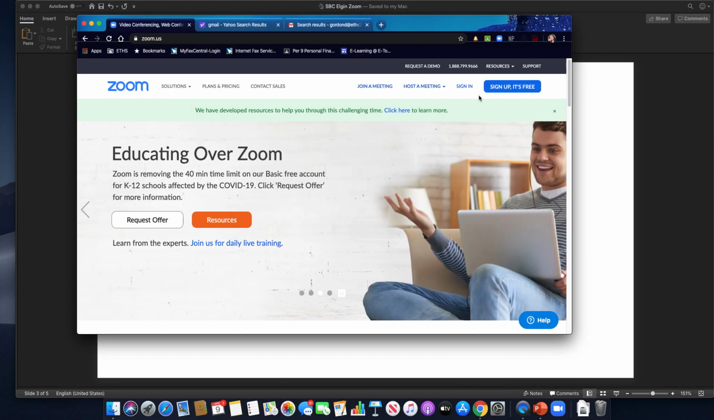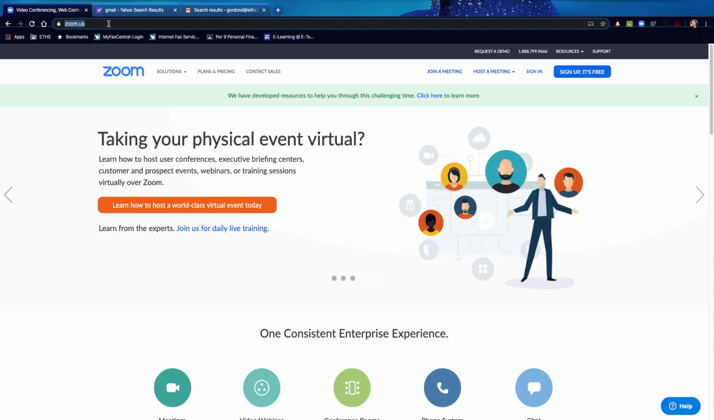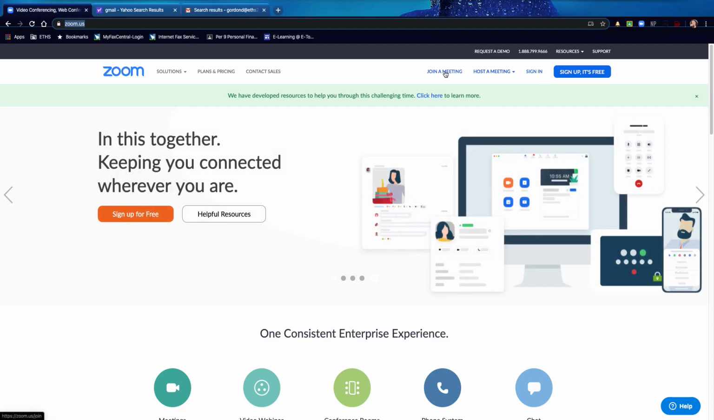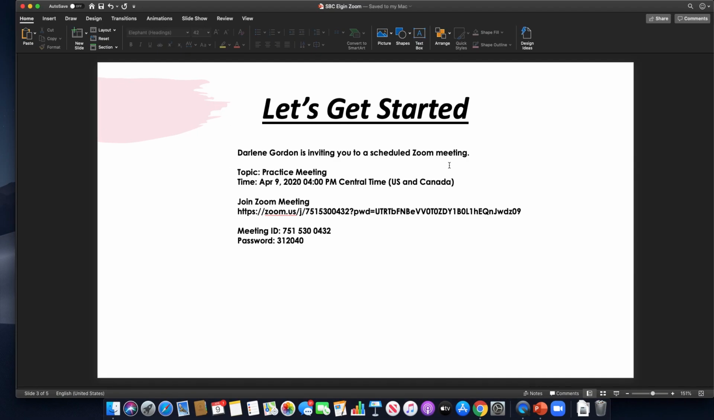So now here is the website for Zoom, and if you're on a laptop, you would simply just open up a browser and just go in your URL box up here to zoom.us, and it will take you to the front page of Zoom. You don't need to sign in unless you already have an account. All you really need is that join a meeting number that I just showed you. So if we go back and look,